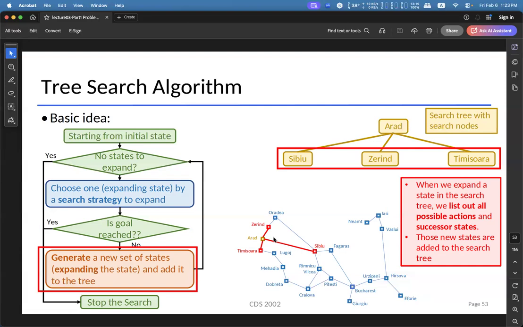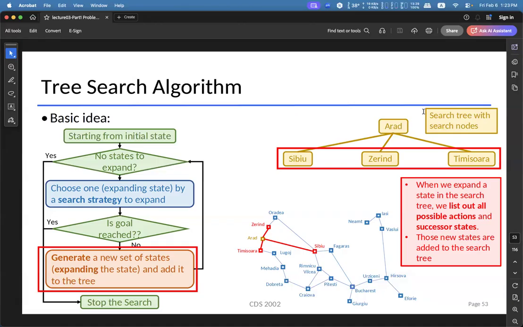So from this search tree, we can know that Arad is the initial state, and it can travel to Sibiu, to Zerind, to Timisoara. The parent-child relationship is representing the ordering of the states.